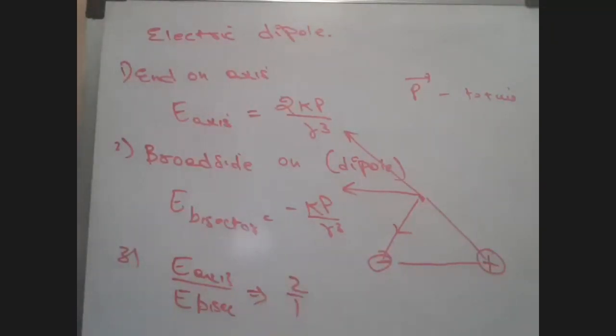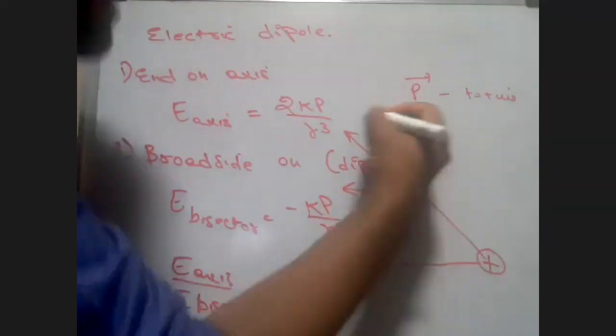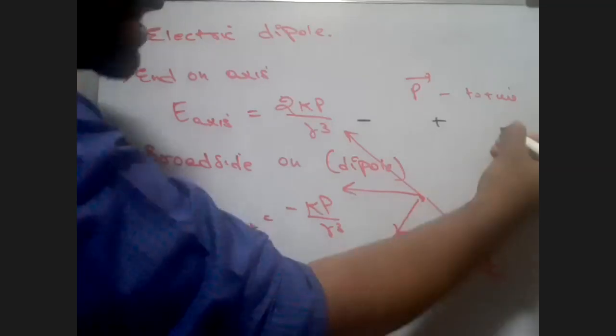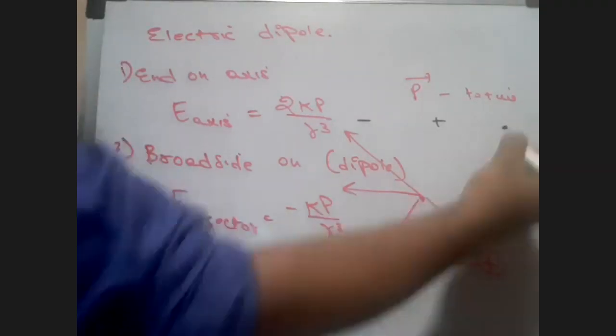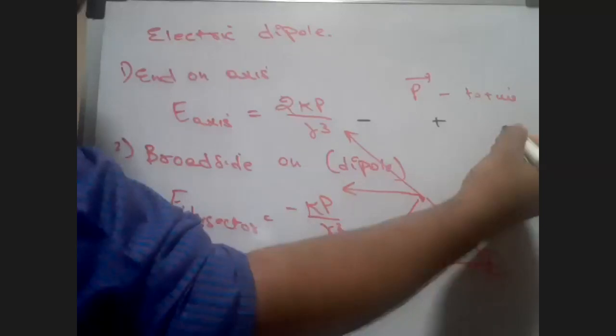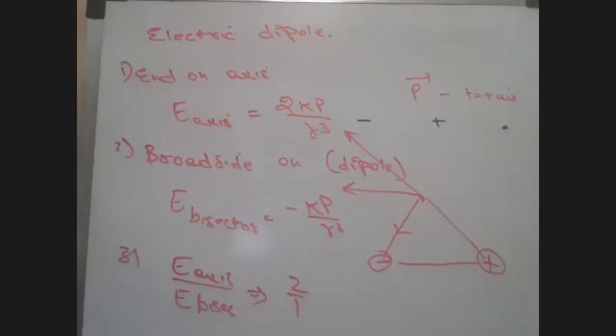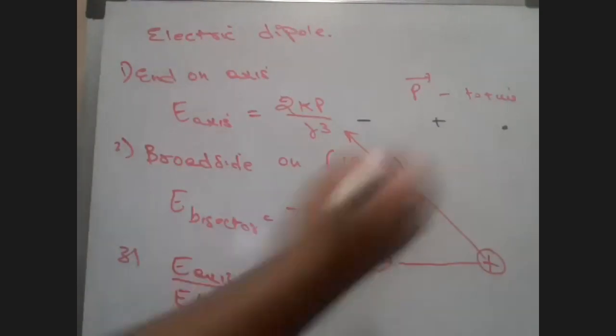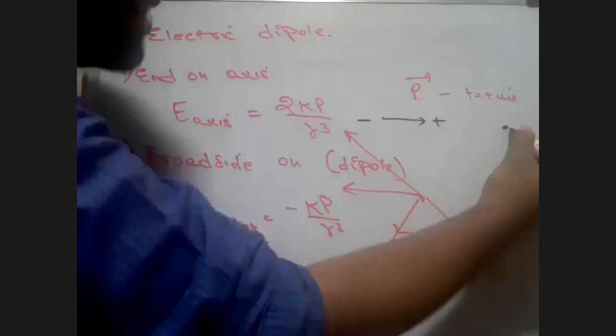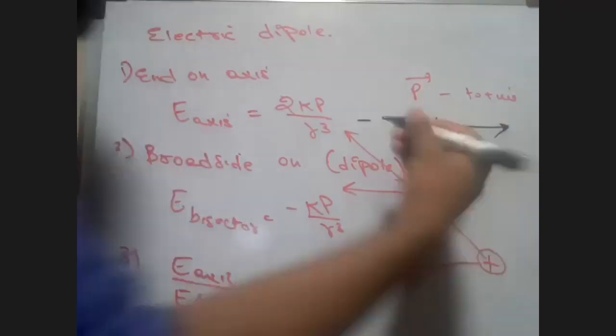Okay, on the broadside. And of course, due to end on axis, if suppose we take end on axis, or just axis, if I say there's a minus charge over here and a plus charge over here, I want to find out the electric field at this point P. What direction is it going to be? Is it going to be opposite to the direction or towards the direction of dipole? Towards the direction of dipole. So never make a mistake. Here P is going to be in this direction, and the electric field will be in the same direction. It won't be in the opposite direction.